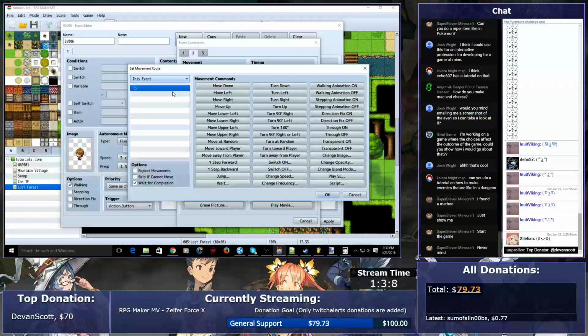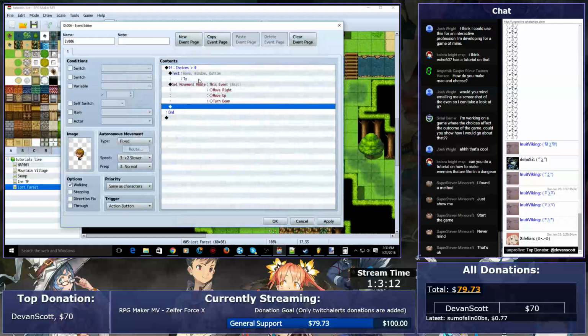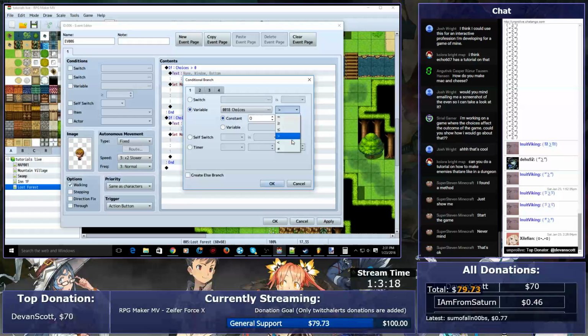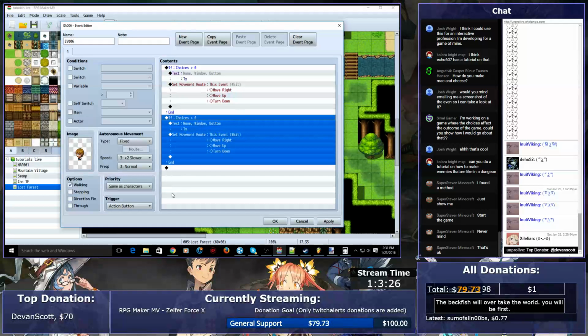Let's do this event. Move right, move up, turn down. However, if you have made a bad choice or your good choices are not up to par, you would do less than 0, or less than whatever amount that you want to have of good choices. And then you would do...